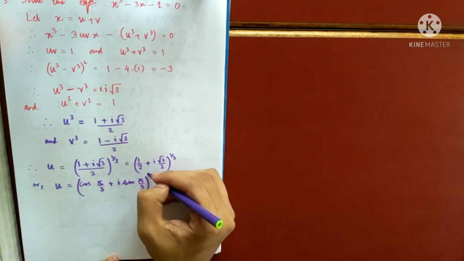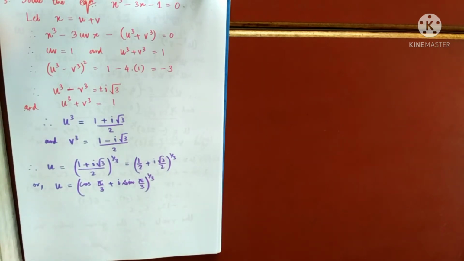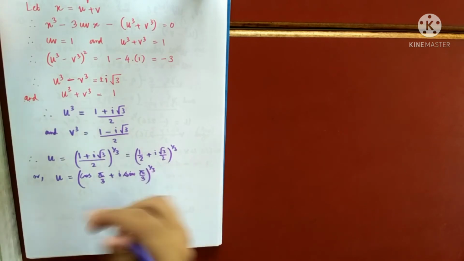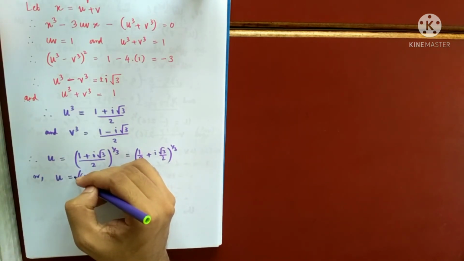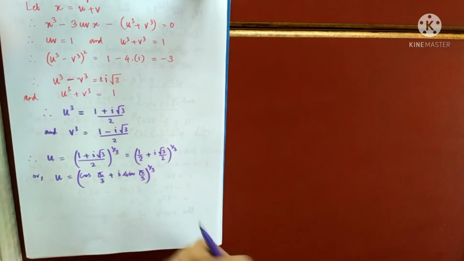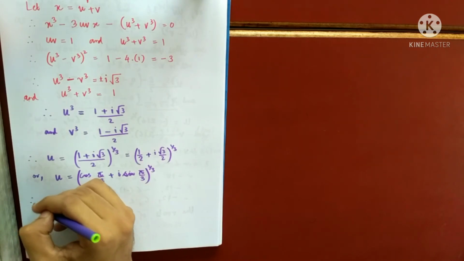Good enough. So remember, whenever you have a complex number in the polar form, you can easily determine its nth root. So here first it is 1. Suppose there was 8, you will first take the cube root of it. That will become 2, and you will get 3 different angles. I'll tell you what the angles are. So therefore the values of u are,